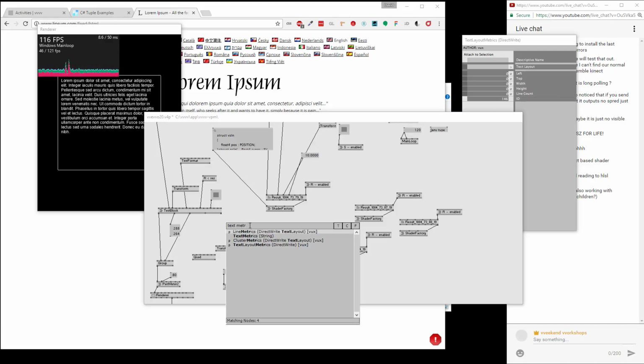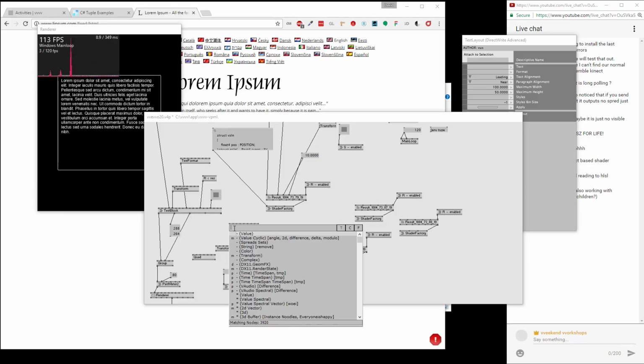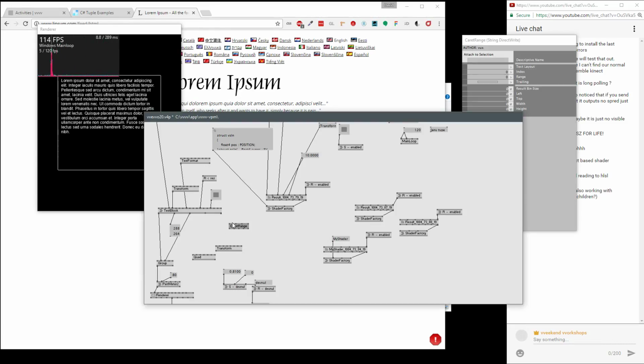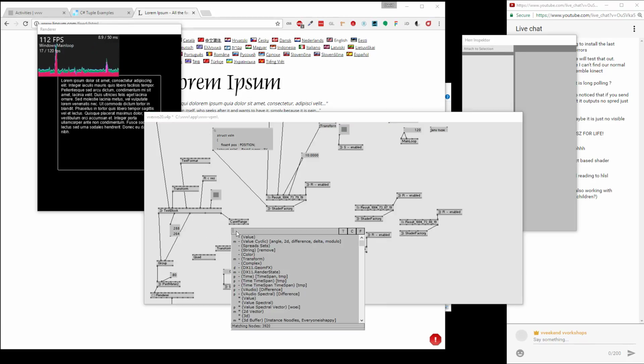Line matrix. Oh no, okay, text layout. No. Oh no. Okay, direct right. I'm not really good at keywording these, am I? There you go, caret range, caret position. Yes, that's what we needed. Okay. All right, and index range, whatever. So yeah, this one, and that will give us